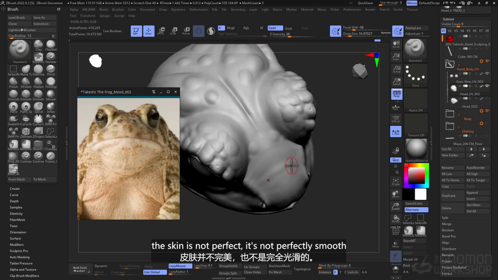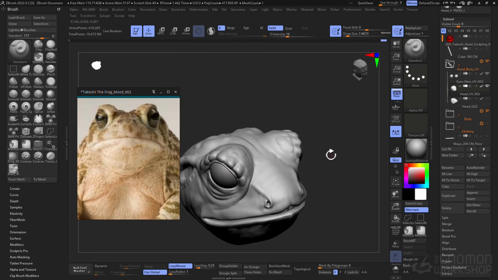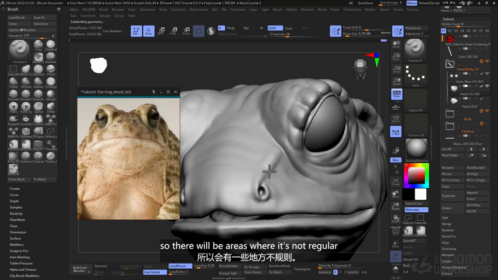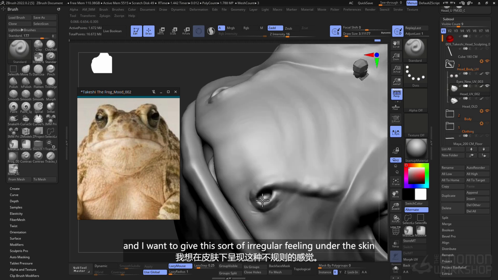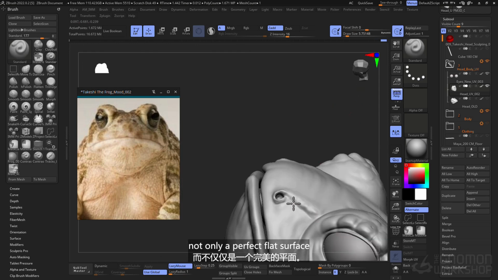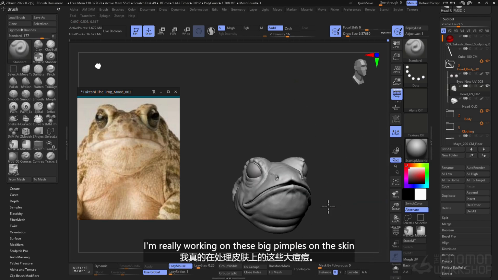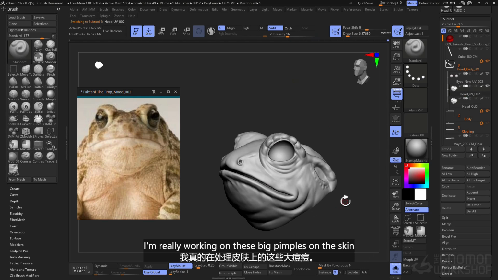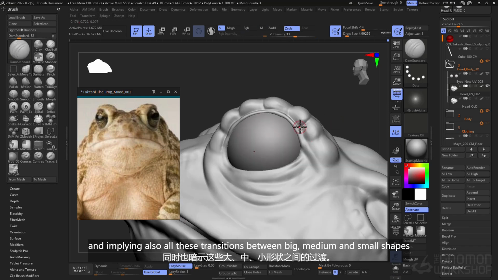The skin is not perfect, is not perfectly smooth, and has a lot of imperfections. So there will be areas where it is not regular, and I want to give this sort of irregular feeling under the skin, the feeling of muscle, the feeling of nerves, not only a perfect flat surface. I'm really working on these big pimples on the skin and implying also all these transitions between big, medium, and